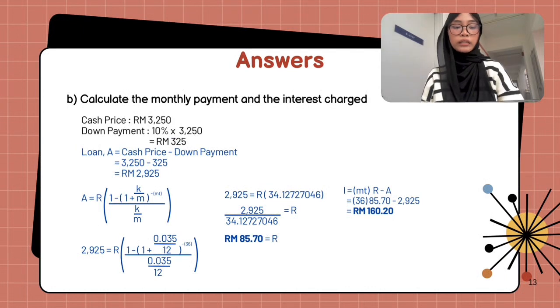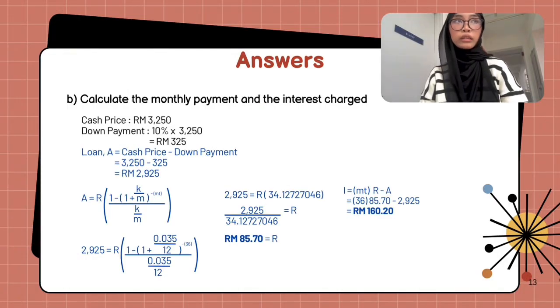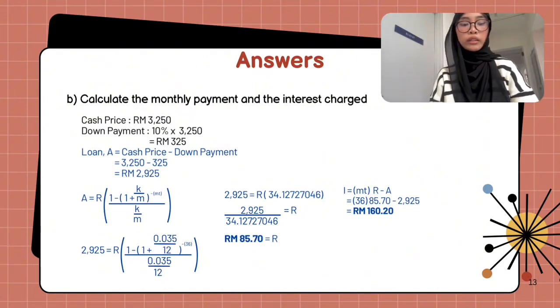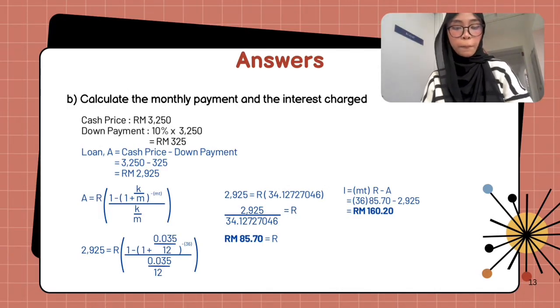So the cash price is 3,250. You must find the down payment first, which is 10% of 3,250, and we can get the down payment is 325. After that, we have to find the loan. The formula to find the loan is cash price minus down payment. So the cash price is 3,250 minus the down payment, which is 325. So we can get the